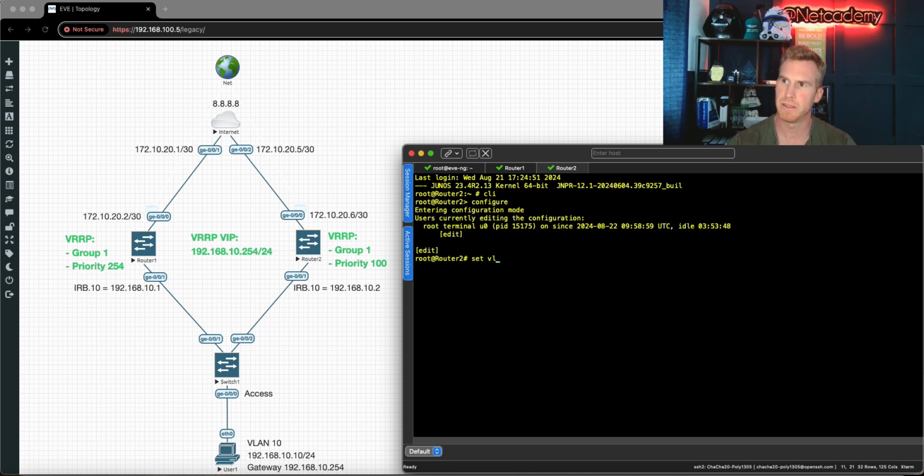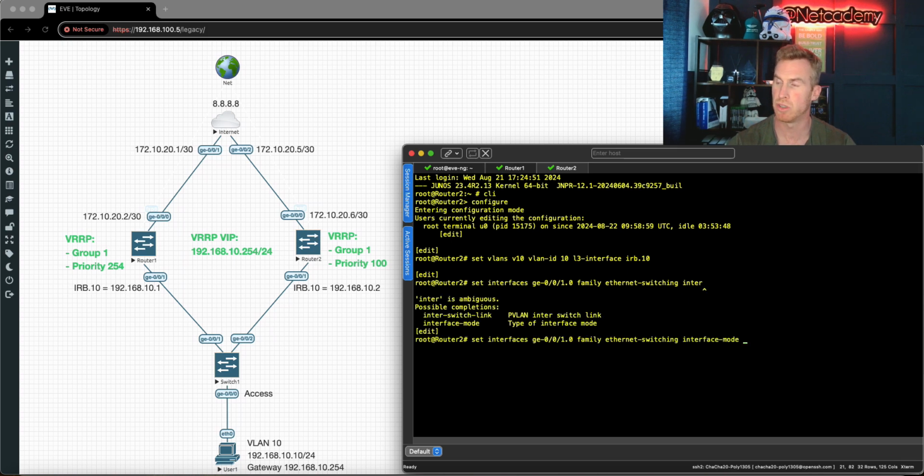Let's do set vlans v10 vlan-id 10 l3-interface irb.10 for VLAN 10, of course. And let's also set the interface, set ge-0/0/1.0 family ethernet-switching, needs to be layer 2 down to switch 1, interface-mode trunk, vlan members v10. And now we need to configure the IRB.10 interface. So let's do set interfaces irb.10 family inet address